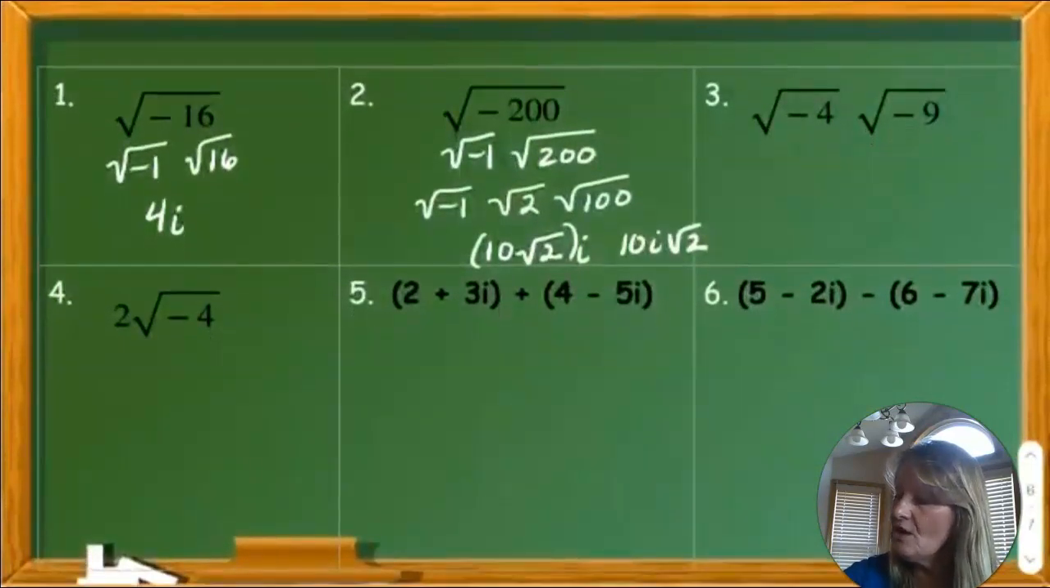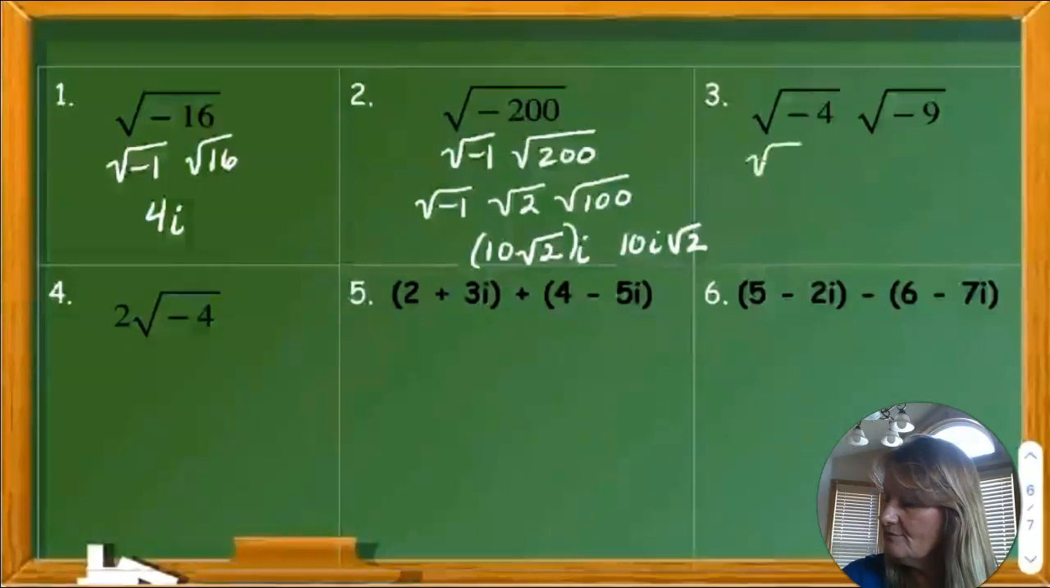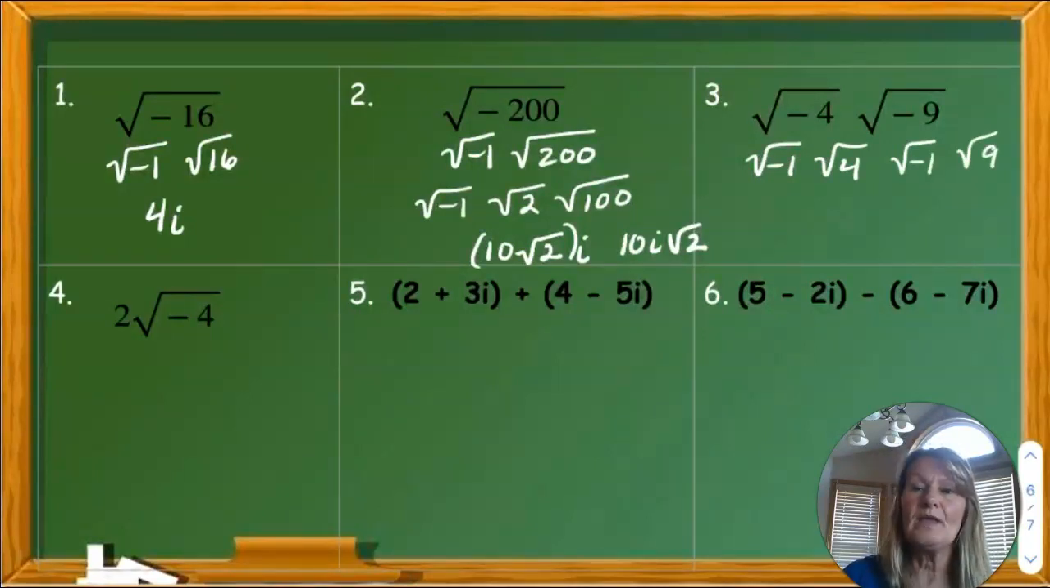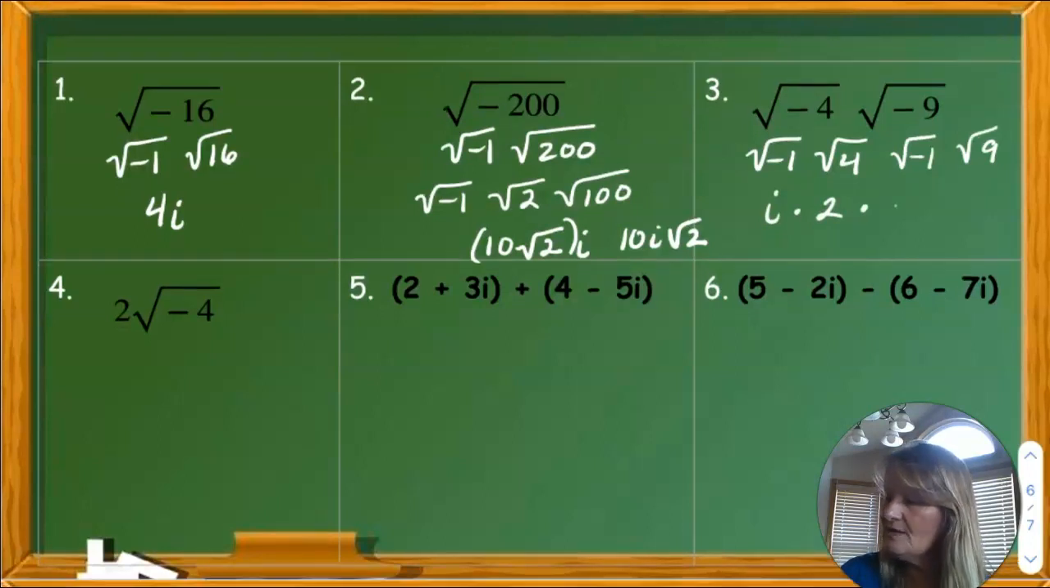Okay? So again, I'm going to write this as the square root of -1 times the square root of 4, times the square root of -1 times the square root of 9. Okay? Now, when I'm looking at this, the square root of -1 is i. The square root of 4 is 2. The square root of -1 is i. And the square root of 9 is 3. Okay? From what we did earlier, we have